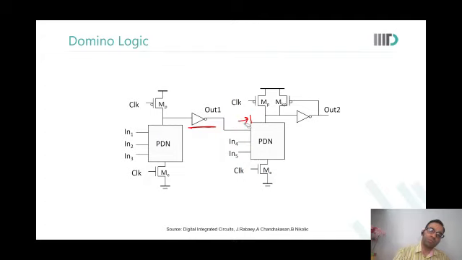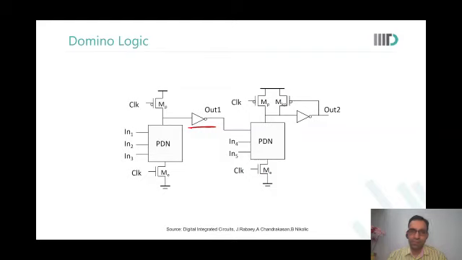Why is it called domino? You've seen dominoes? Yes, sir. The circuit is being evaluated one after the other, stage by stage. Yeah. So dominoes are stacks of cards. One falls, it touches the other, the other one falls, and the whole chain gets activated. During the Corona times, there was this ad that you have to break the chain, so wear the mask. So one person wears the mask, that person comes out of this domino chain, and the overall chain breaks. Otherwise, everyone gets infected. You remember that ad? It was circulated a lot on WhatsApp. Seen that?